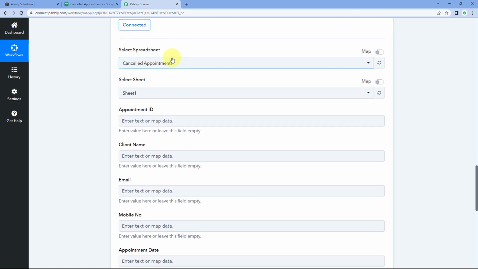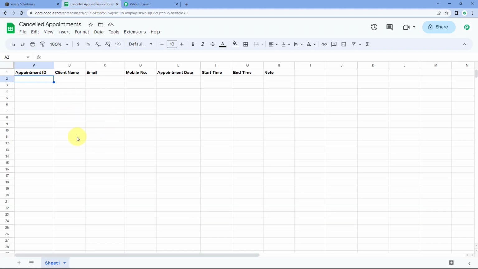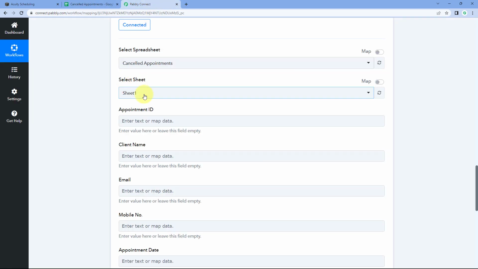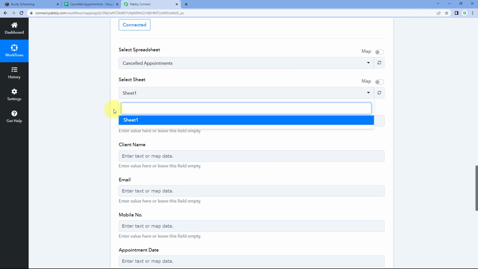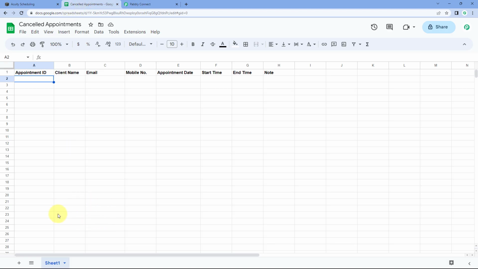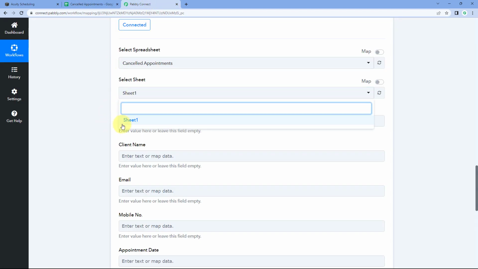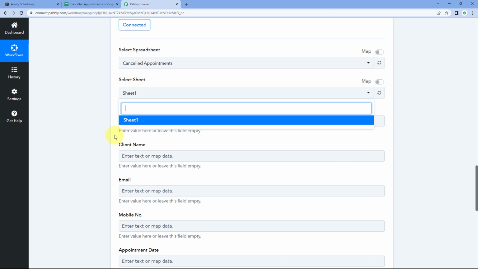After selecting the spreadsheet, it is asking us to select the sheet. So here in this spreadsheet, I have created only one sheet named as sheet 1. That is why in this drop down, here you can see only one sheet as sheet 1. But if you have created multiple sheets in the spreadsheet, you will see a list of all the sheets over here in this select sheet drop down. And you can select the sheet in which you want to add this data, add this new row of data